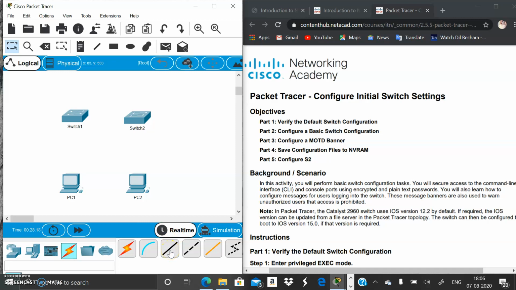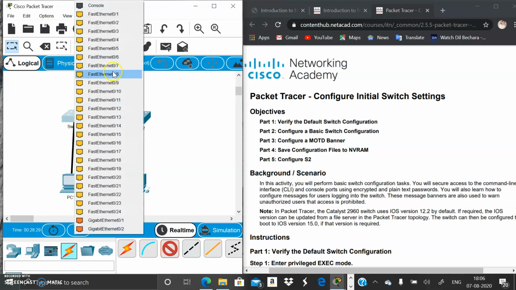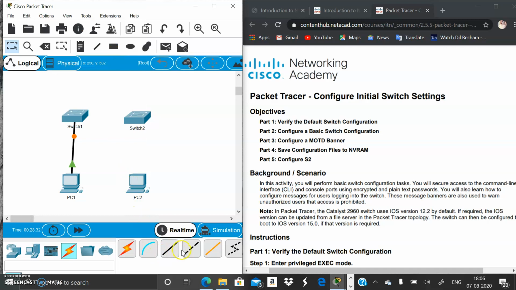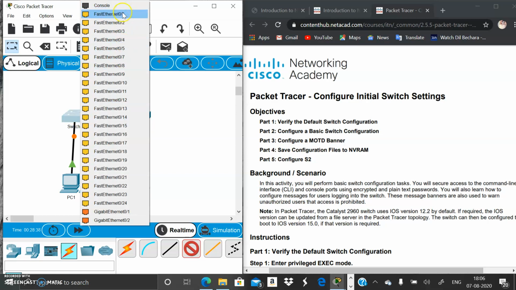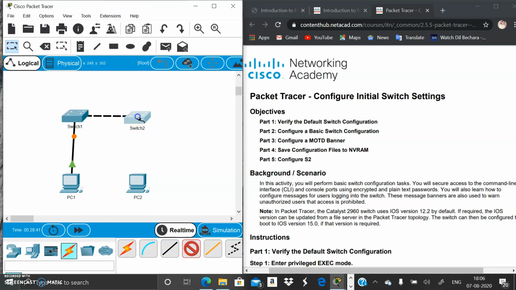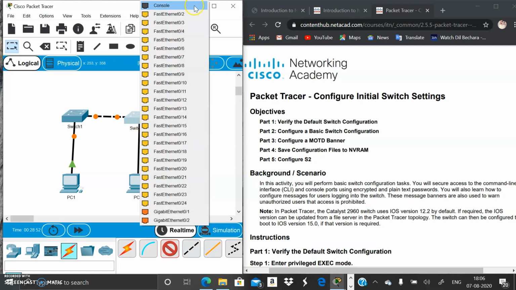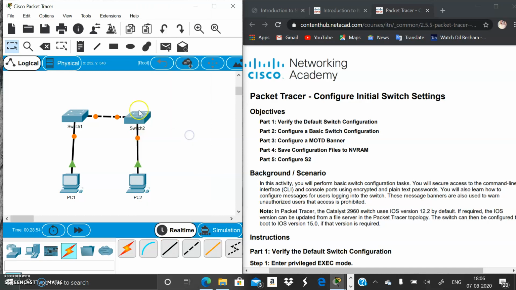For connecting between PC1 and switch 1, I am taking a copper straight-through cable, from FastEthernet 0 to FastEthernet 6, and a crossover cable for the switch to switch connection, FastEthernet 0/1 to FastEthernet 0/1, and the same copper straight-through cable for the PC and switch connection. Okay, I have completed all the connections.